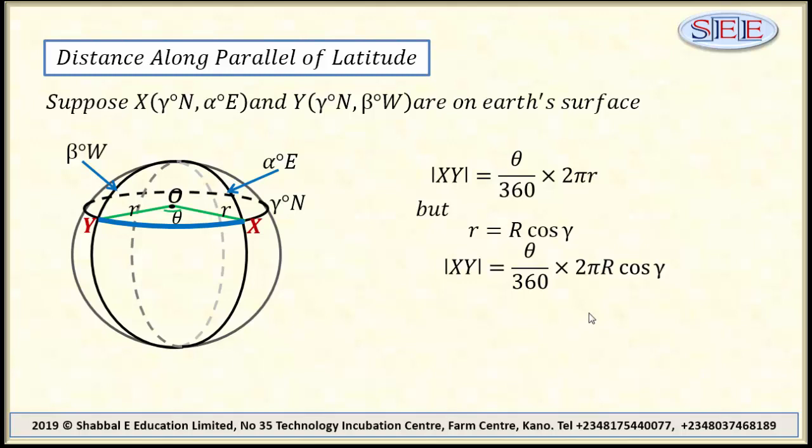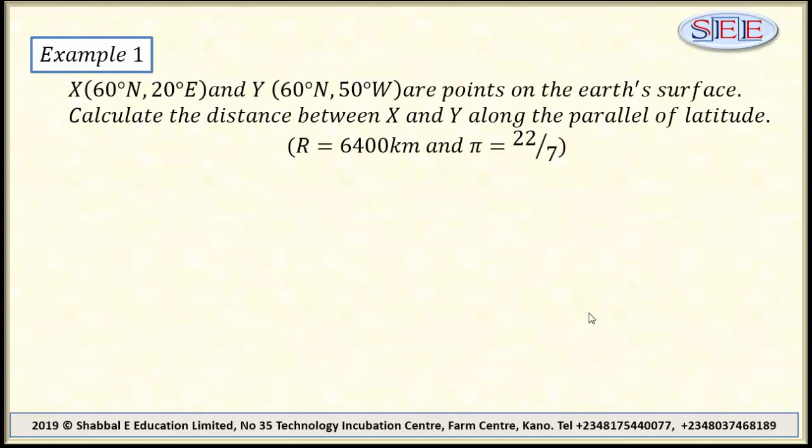We will take examples. Starting with example 1, it says point x is on latitude 60 degrees north and longitude 20 degrees east, and another point y is on latitude 60 degrees north and 50 degrees west. Those 2 points x and y are points on the earth's surface. The question asked here is to calculate the distance between x and y along the parallel of latitude. The radius of the earth to be used here is 6,400 kilometers,